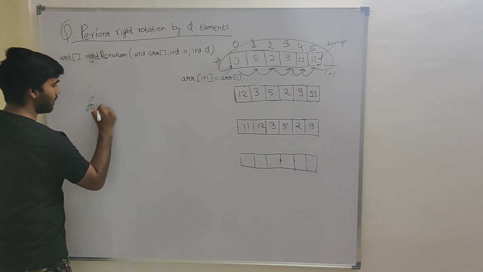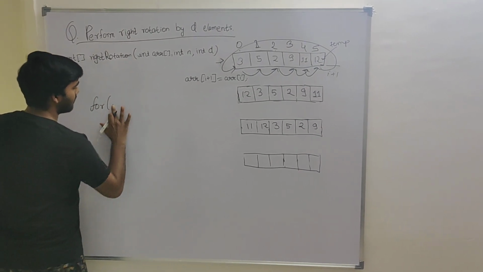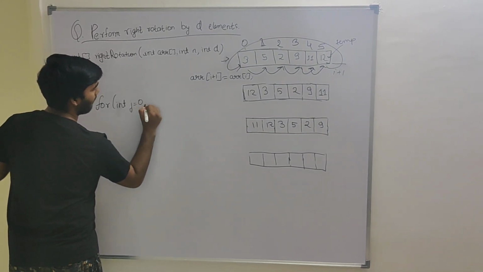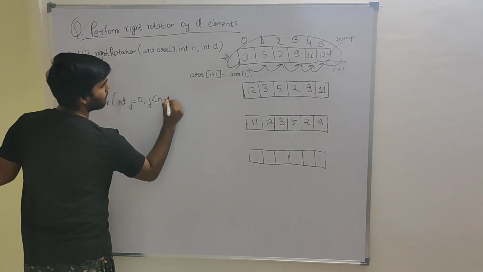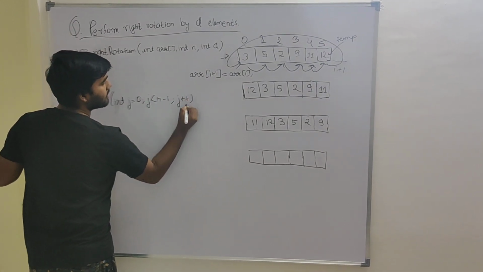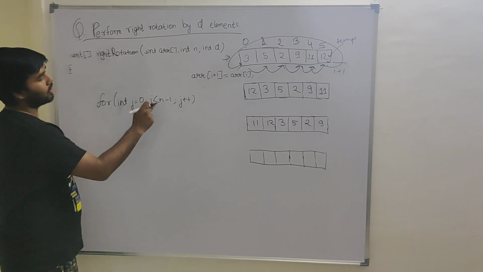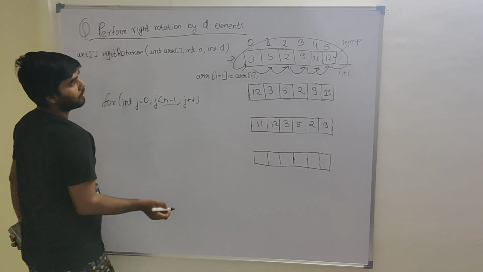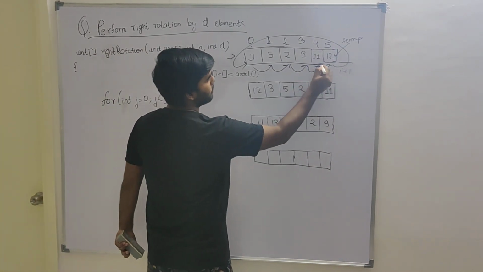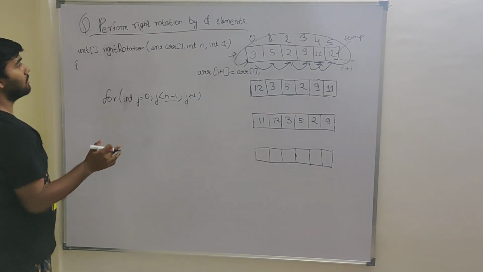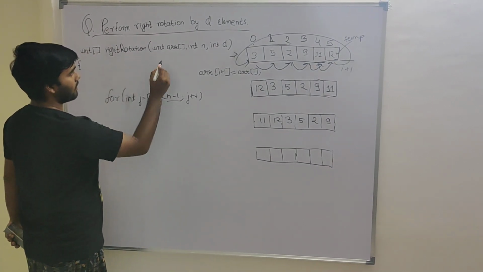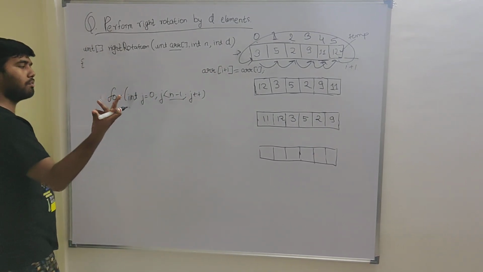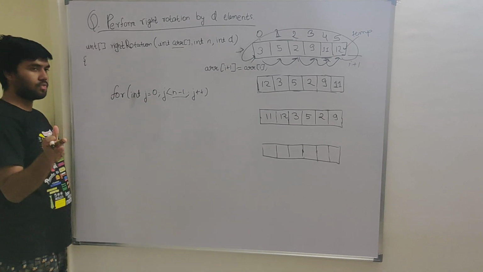So we are taking a loop over here. We are taking the variable name as j, so I am iterating from the first element to the second last element. That's why it is j less than n minus 1. We are iterating till this position. And n is the length of the array. The array name is ARR. We will be using d, the number of rotations we are going to perform, but first we will try to implement this for one rotation.